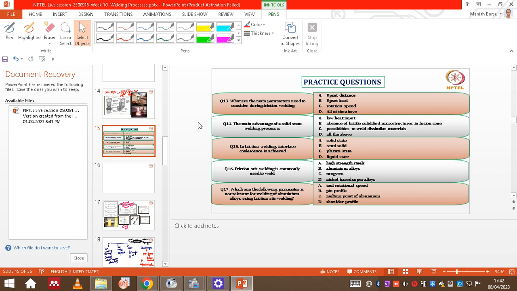Okay, so the next set of questions are related to solid state welding processes. We can say friction or any other friction based processes, right? The second question is actually related to the main advantage of solid state welding processes. So here, or maybe at the start of the friction welding process, we can